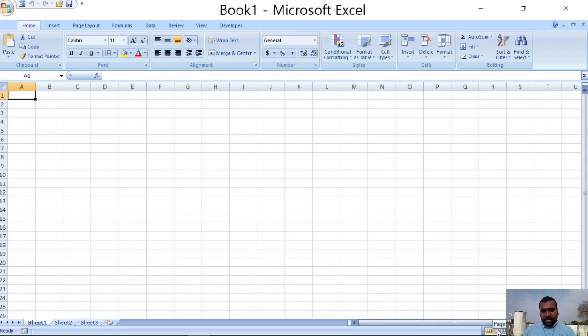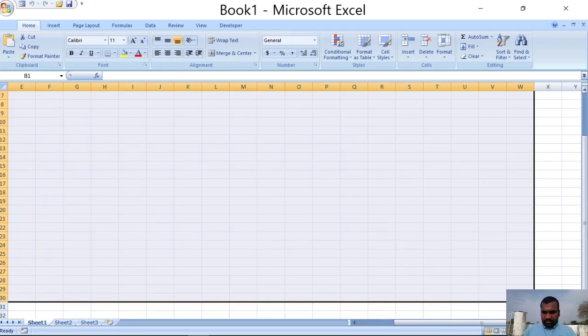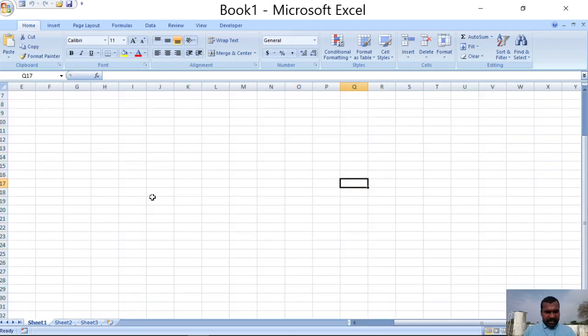We use these views in different ways while entering the text. Here these are all cells. This is the work area, and if I press the mouse left button here, this is the active cell, and this active cell's row number is 16 and column name is J, and that is displayed here in the name box, J16.